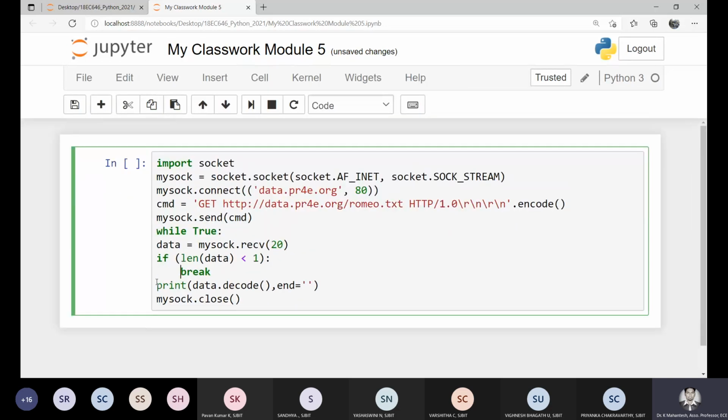So yeah, this was the program which was created, and this comes under a while loop. Okay, so this seems to be better. And now if I run this program,